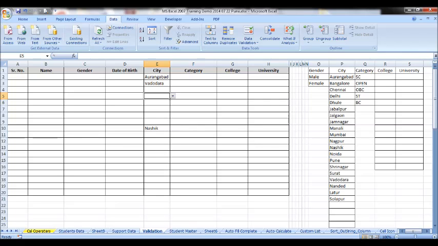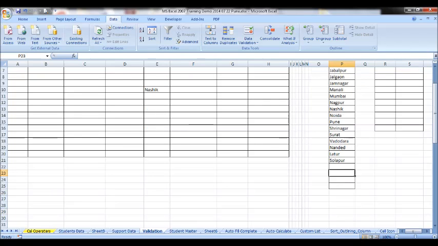But if you enter something beyond this range, Ahmednagar, the earlier cell is Dhule, the last cell is Dhule, and the immediate next cell is Ahmednagar.